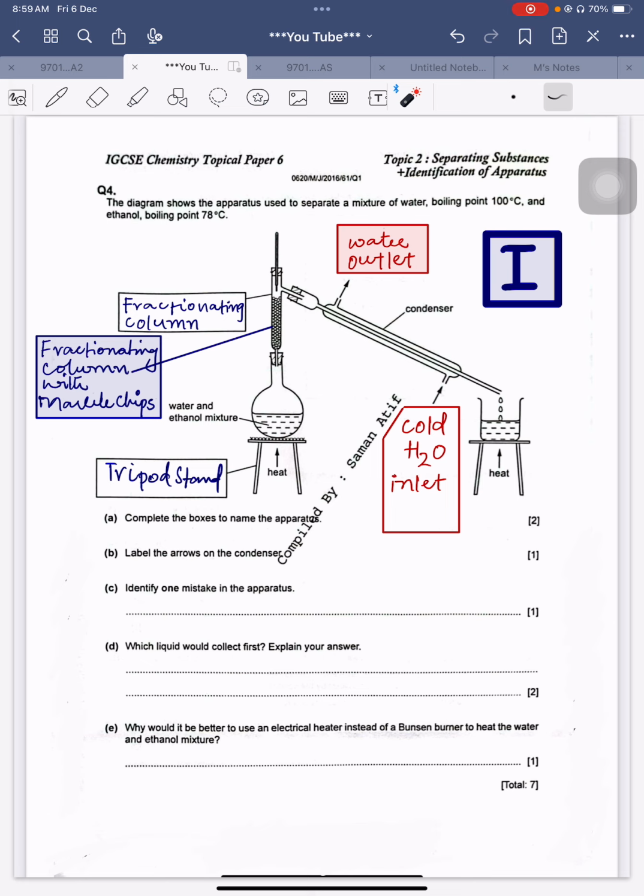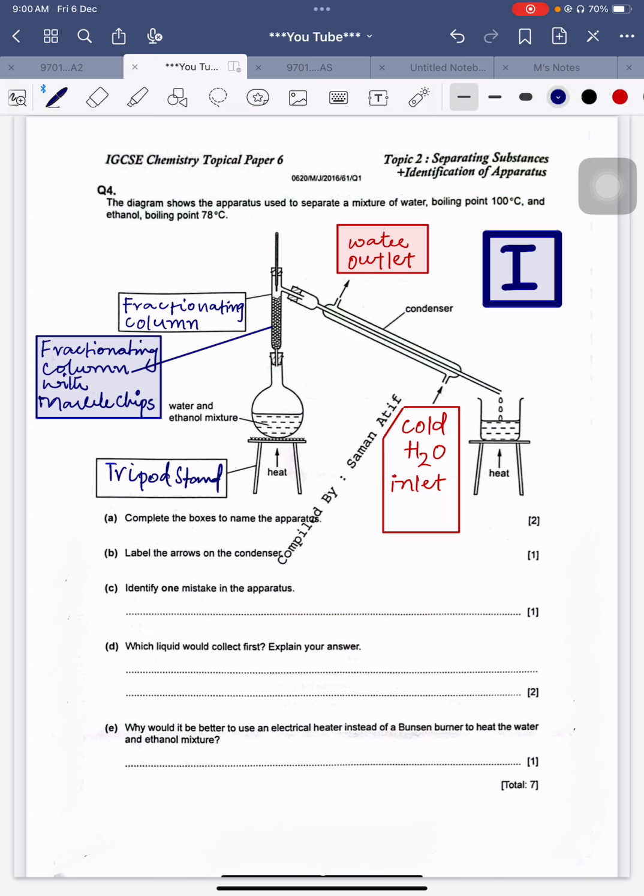Can you look there, right now he is heating this receiver beaker as well. We have to heat this mixture flask. We cannot heat this receiver beaker, because the receiver beaker is just receiving the fraction coming out of the condenser. If we heat this as well, what will happen as a result? It will start evaporating as well. So it is useless to heat this and useless to perform this whole procedure. So the heating procedure is wrong here.